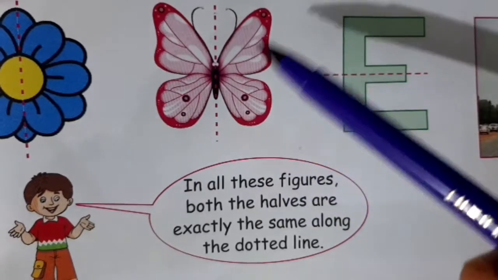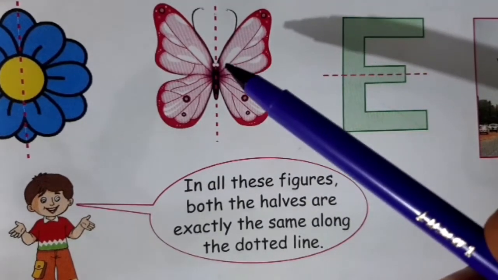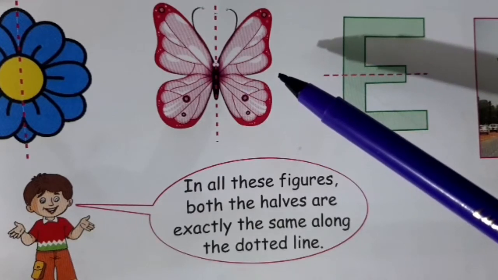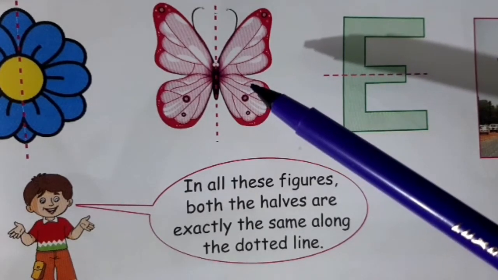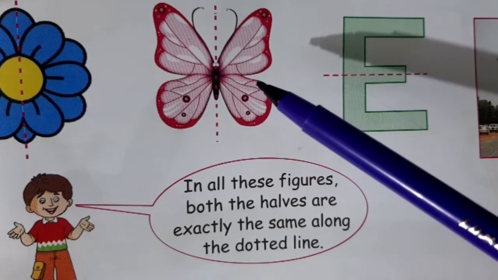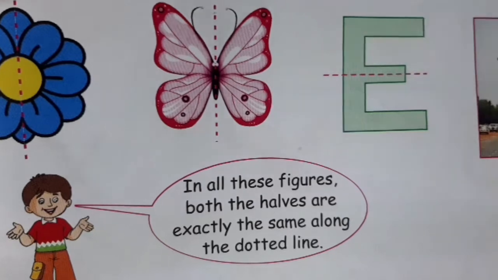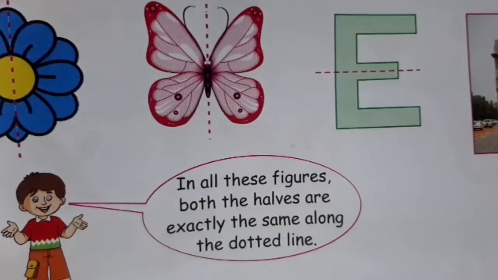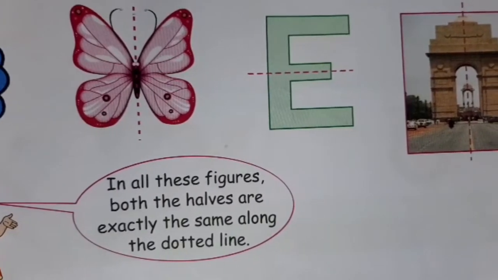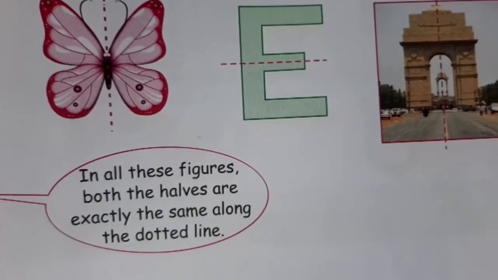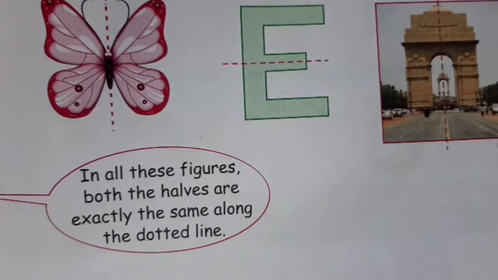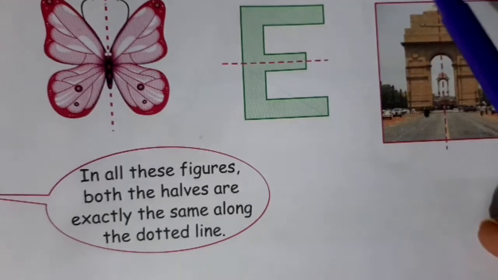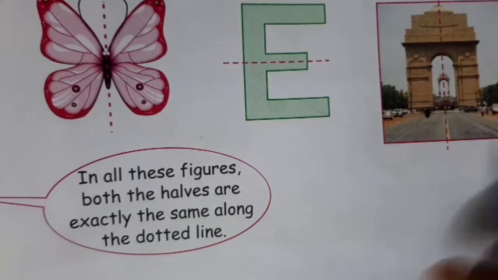Observe this butterfly. When it folds its wings, each part of one wing exactly fits on its corresponding part of the other wing. If we look at leaves, plants and animals, we find that they have symmetrical body parts or shapes. Even the human face is symmetrical in shape. The architectural marvels like Taj Mahal, India Gate and various such buildings are beautiful because of their symmetry. You can see this figure. This is the line of symmetry.